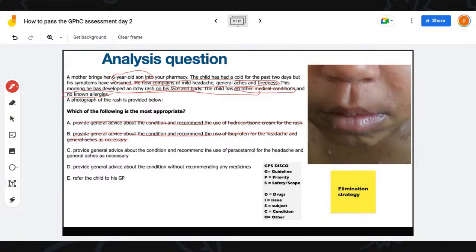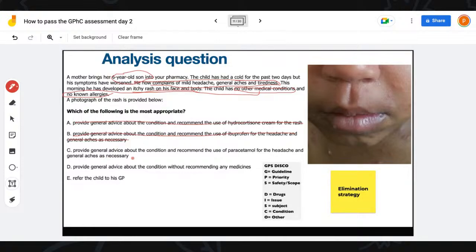Okay, so this is part of your guidelines. Ibuprofen makes your skin more sensitive and it makes any rash worse, especially on a child. So we've not determined what kind of rash this is. We're not really interested in that at this stage. We're just in the process of eliminating things that we know are wrong to make our life easy. So we're going to take that off.